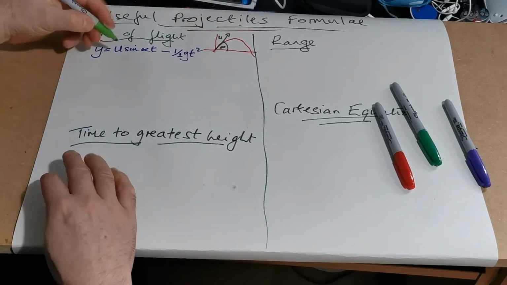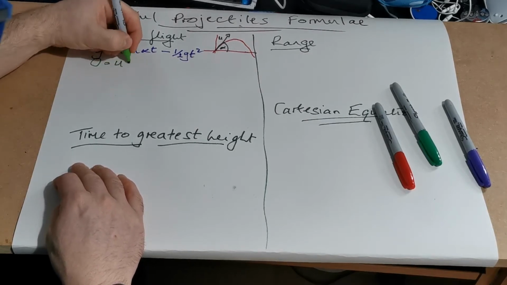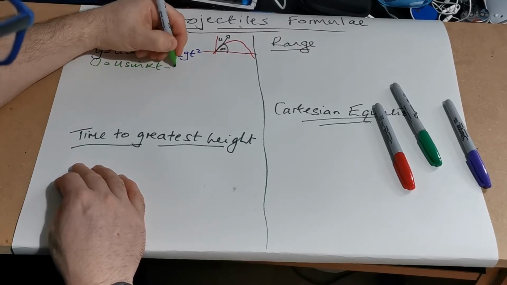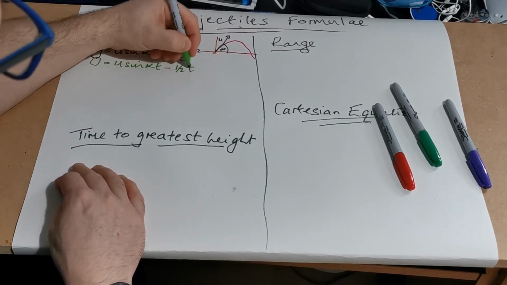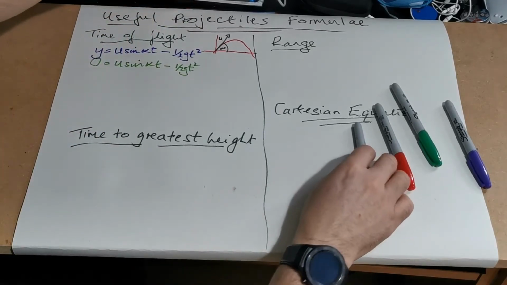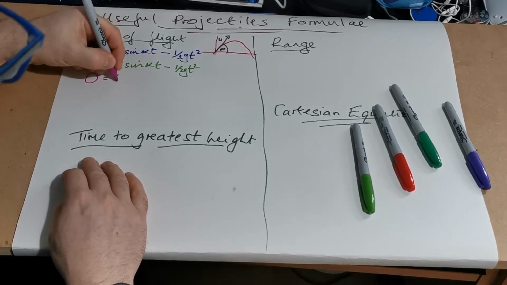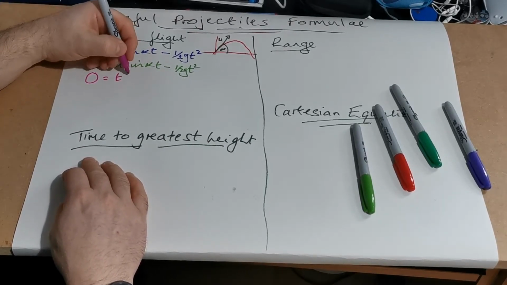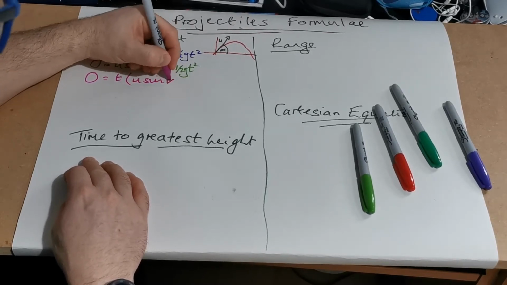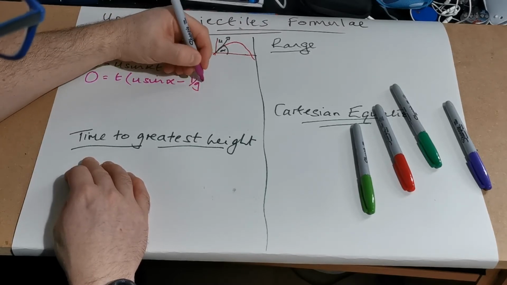So I'm going to say 0 is equal to u sine alpha t minus half gt squared, and if I take the common factor of t out of there, I get 0 is equal to t times u sine alpha minus half g